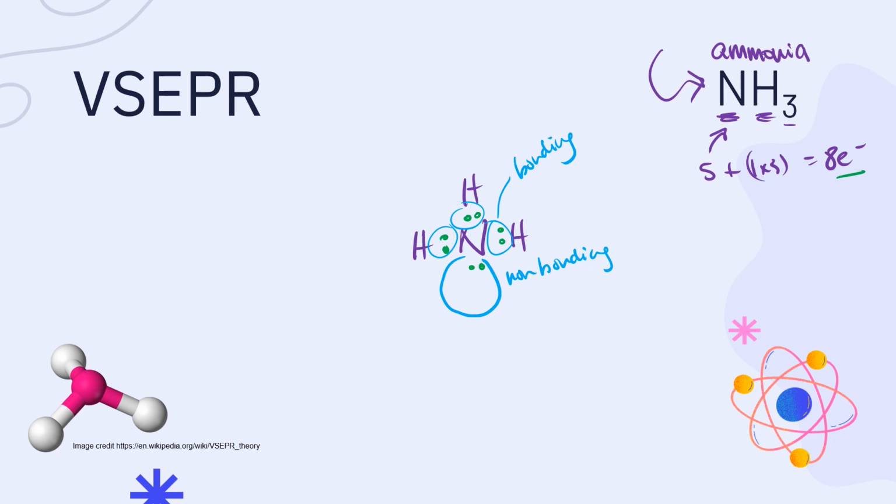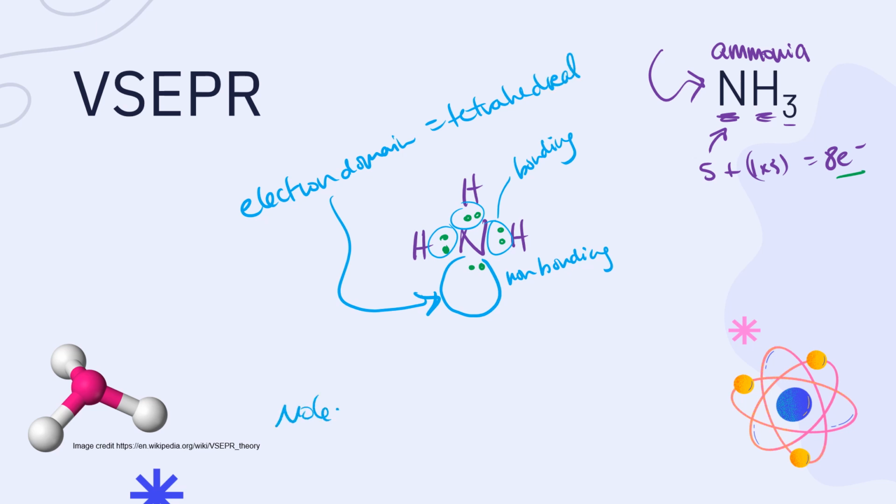So the electron domain geometry, when I'm also counting these lone pairs of electrons, is going to be tetrahedral. But if I want to look at just the molecular geometry, where I'm not counting those non-bonding pairs of electrons, even though they're still there, we're going to end up with,